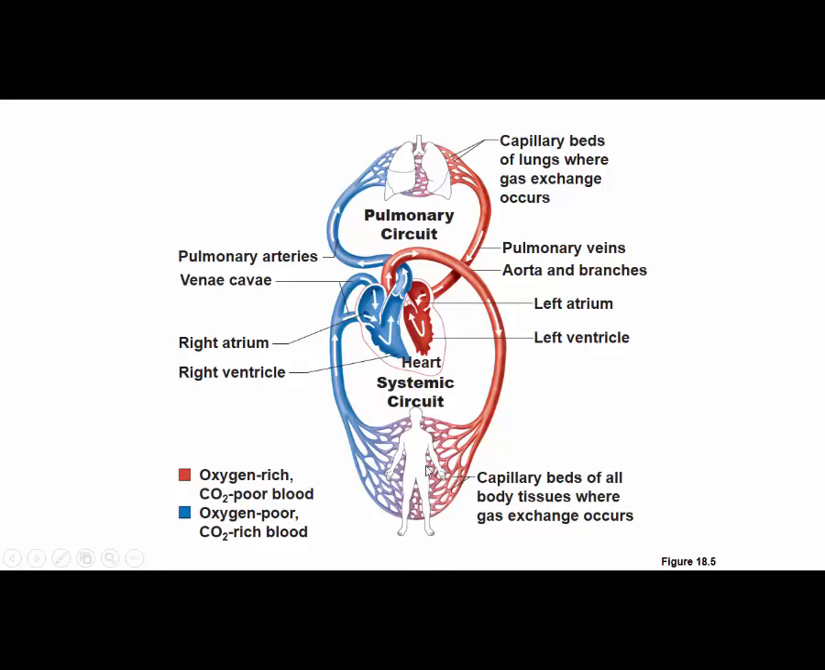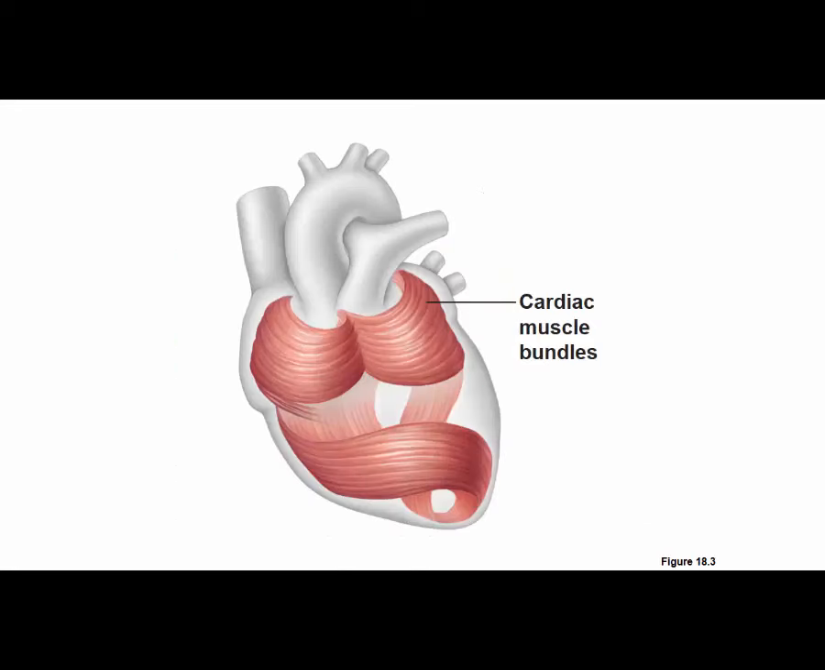So the pulmonary circuit is the right side of the heart. The systemic circuit is the left side of the heart. Which one do we say is higher pressure? The systemic circuit, right? So if we look at how the muscle cells that make up the myocardium are arranged,